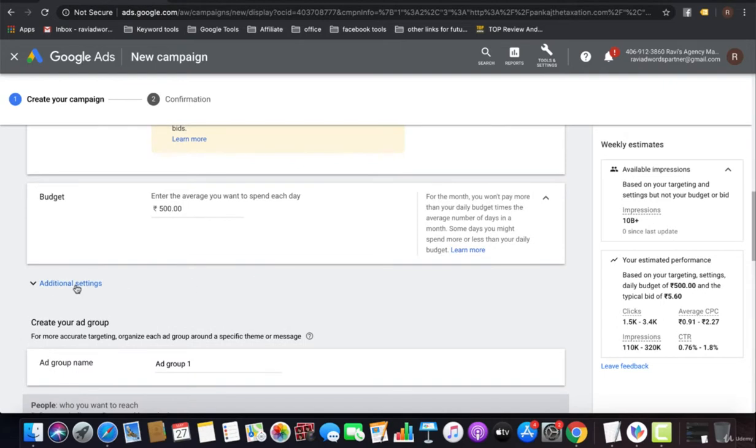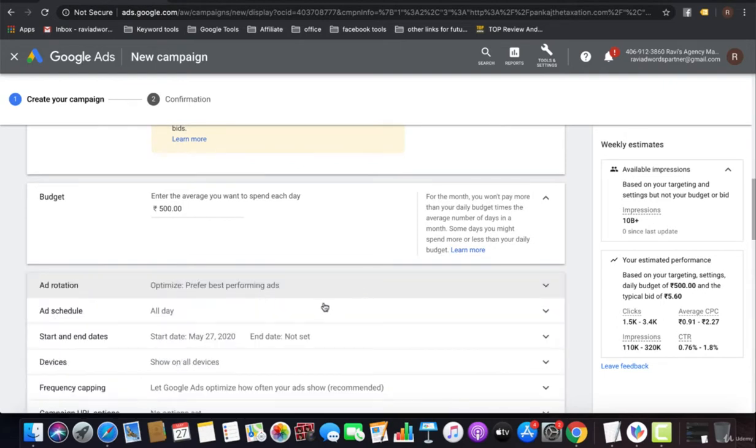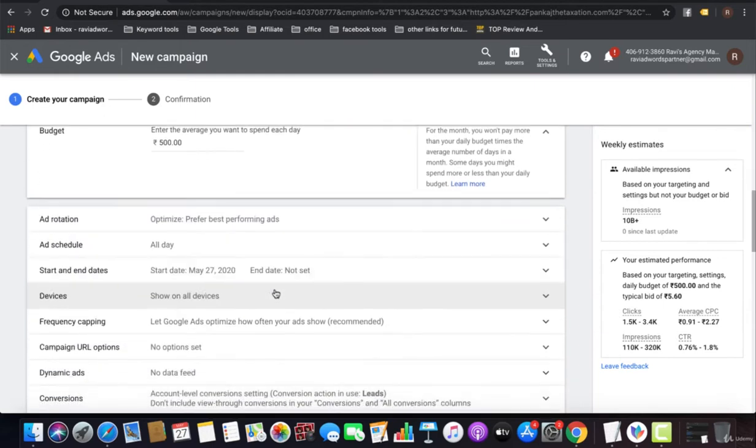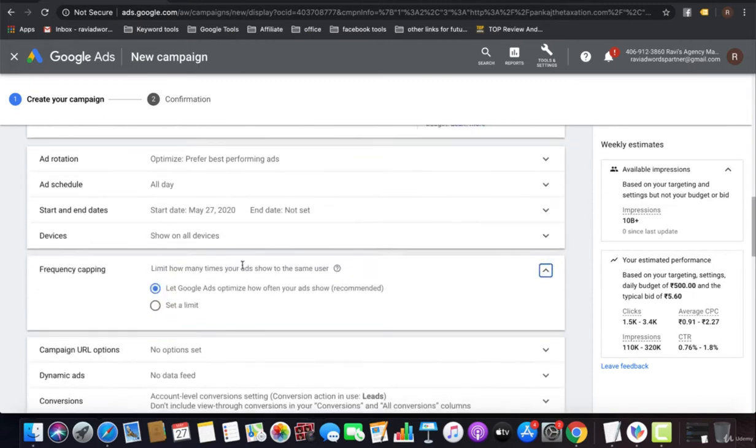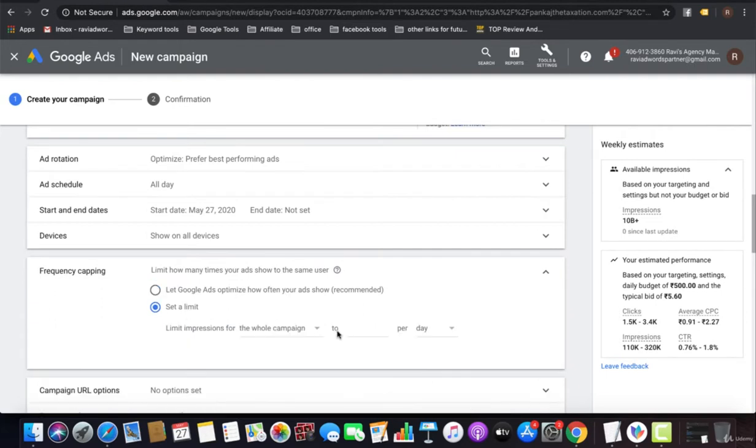So in advanced settings, we will select optimize for best performing ads as well. And I can select all day, I can select all the things. And let's optimize the frequency capping. You can set a limit for the whole campaign, like one per day, one user per day.